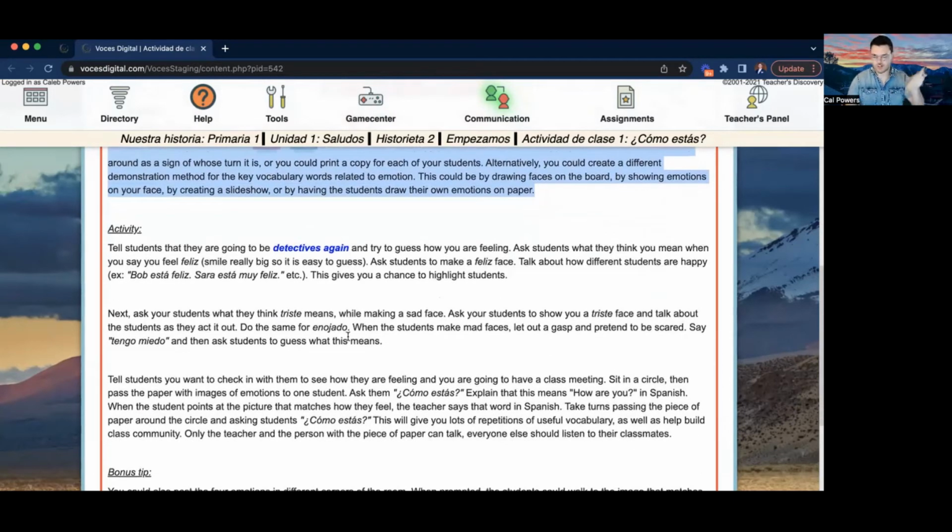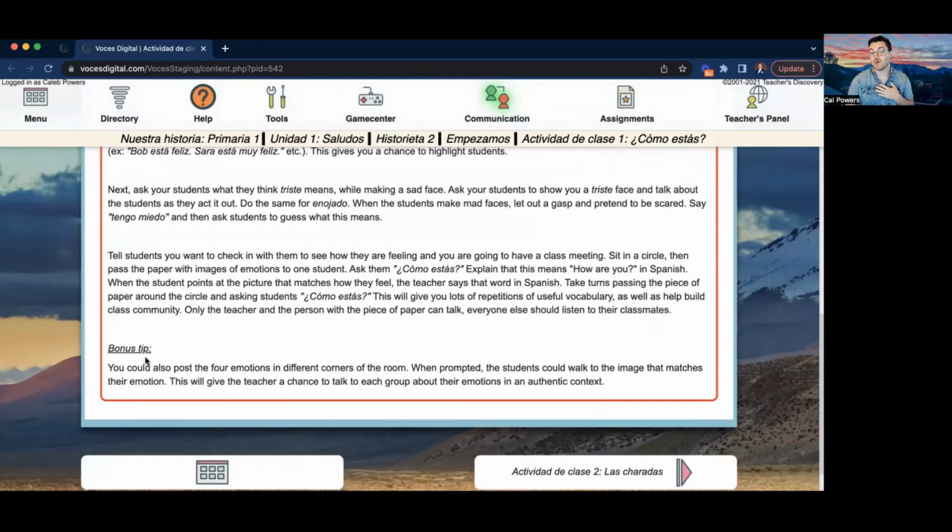Then it gets into the descriptions of the activities, and most of the time there's a bonus tip or an extension tip on how to get more out of this activity if you have more time or more advanced students that are blowing through this. I'll show you